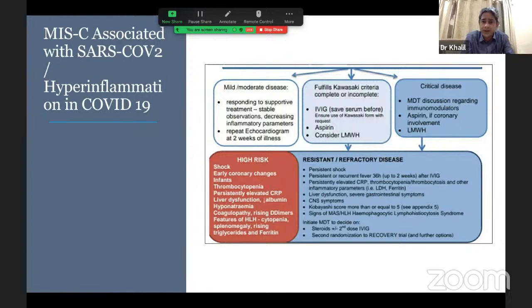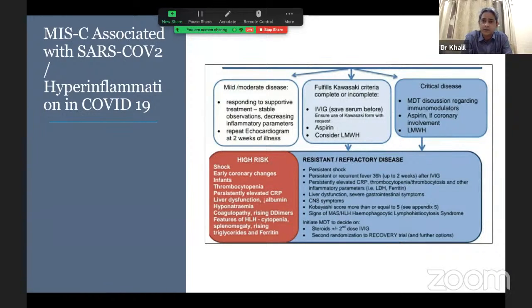Similarly, these children can have problems with coagulation, where you need to start antiplatelet drugs like low dose aspirin. Even when you do a 2D echo and see the ejection fraction is low, these children may have a high risk of having intramural clots in the heart, where you need to put them on enoxaparin. When this fulfills the criteria for Kawasaki disease, again, as I said, IVIG, aspirin, and consider low molecular